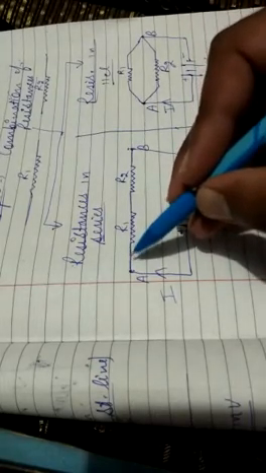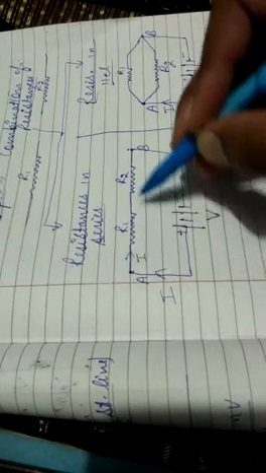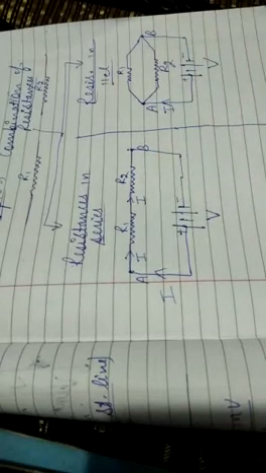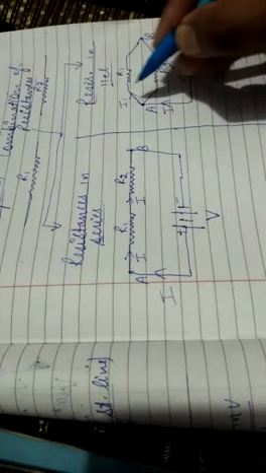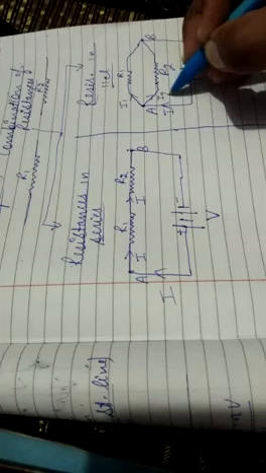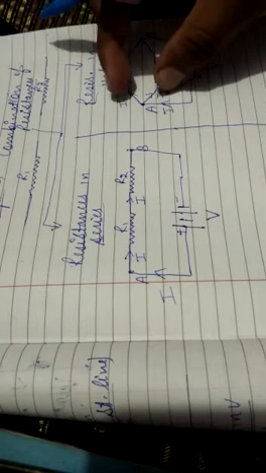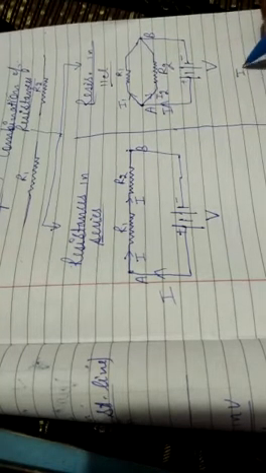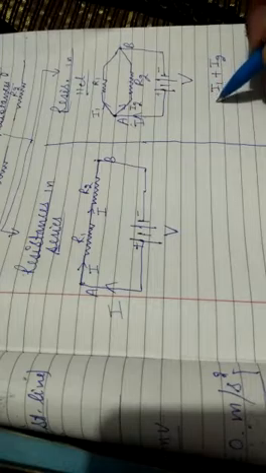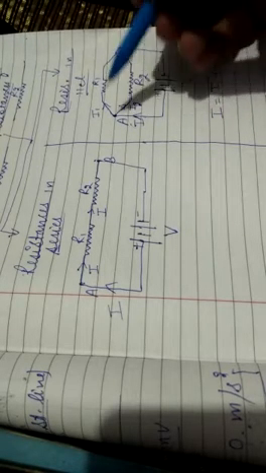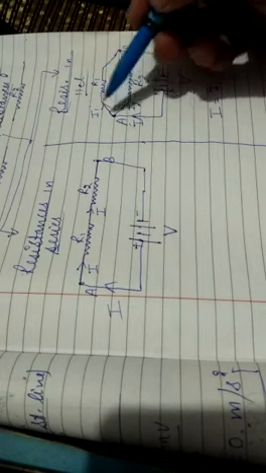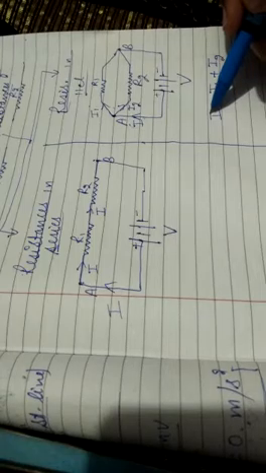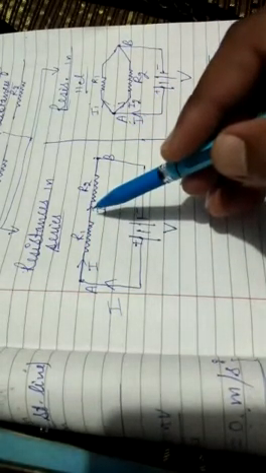Now, from here, I can easily see that current I will reach equally to all the parts of the resistances. But here, current I is being divided into two parts, I1 and I2. Means the sum of these two currents I1 and I2 will always be equal to this current. If there is a third current, then the sum of all three. If there are four currents, the sum of all four will be equal to I. But here everywhere the current will be the same.